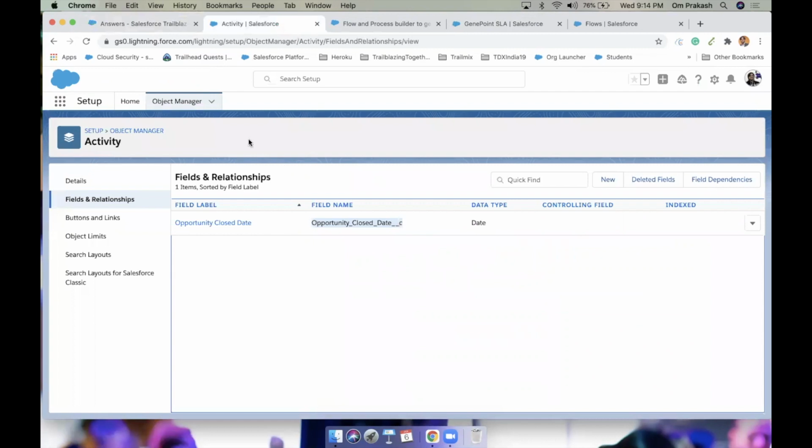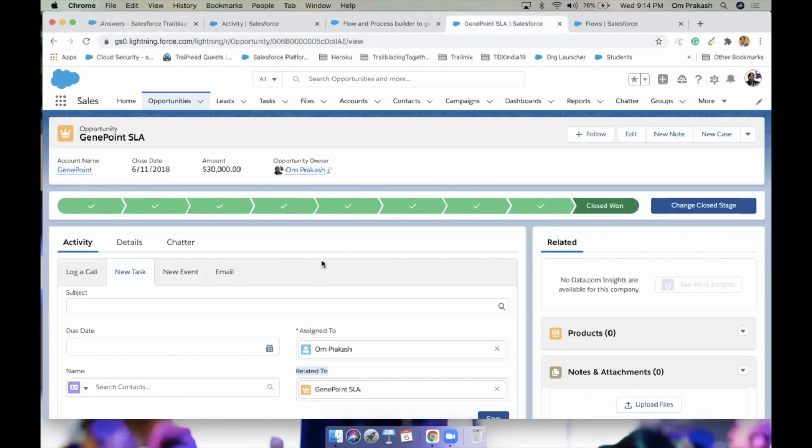We need to update the task when the task is created, on the same record, so we will use a record-triggered flow with the before event, and it's 10x faster. Let's see how we are going to achieve it very quickly.